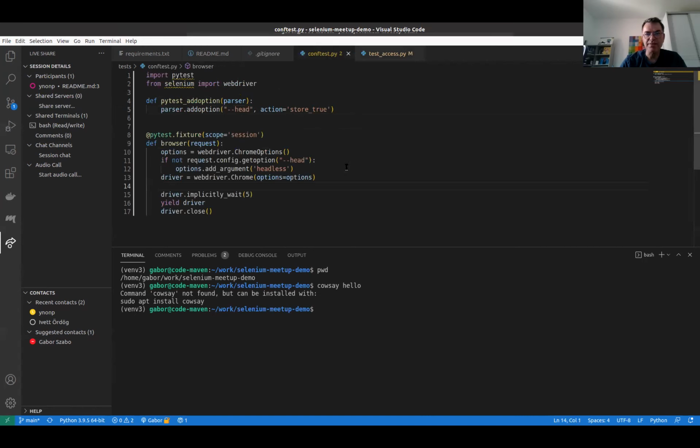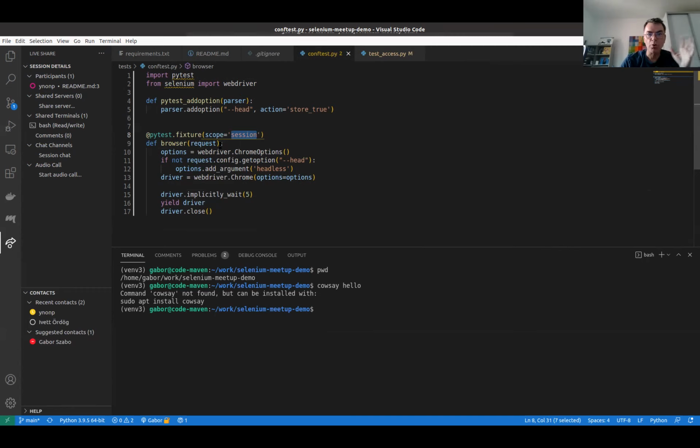And this is the conftest. The conftest is the one that already imports the WebDriver. So that's why we did the other one. This is the fixture that creates the browser object. It's session based, so for the whole session we have a single browser. I'm not sure if that's what we want. Yeah, but it makes the tests run much faster. Yes, but sometimes you would want to have different browsers. Okay.